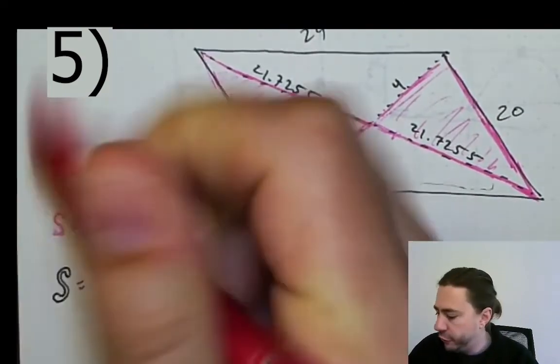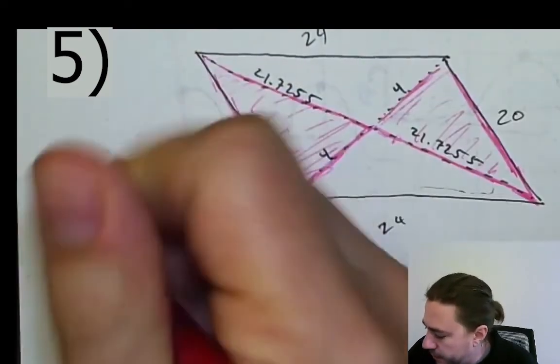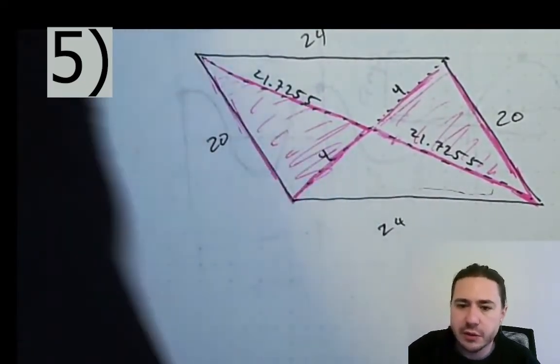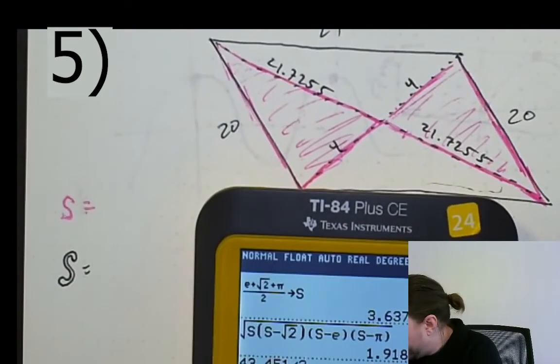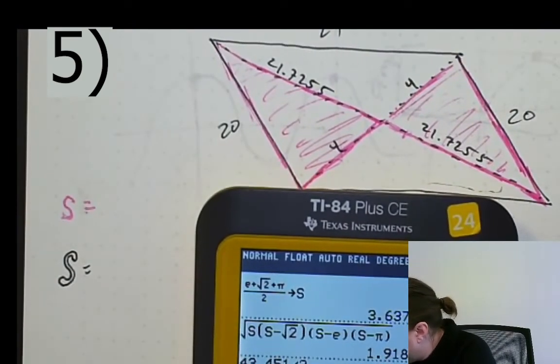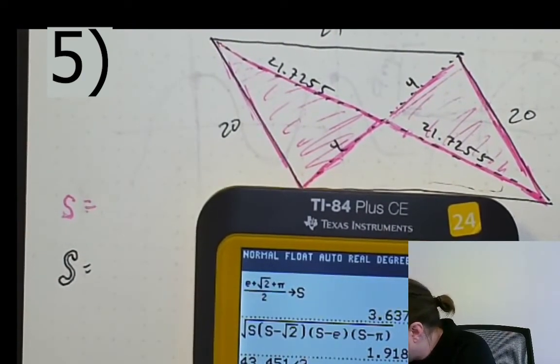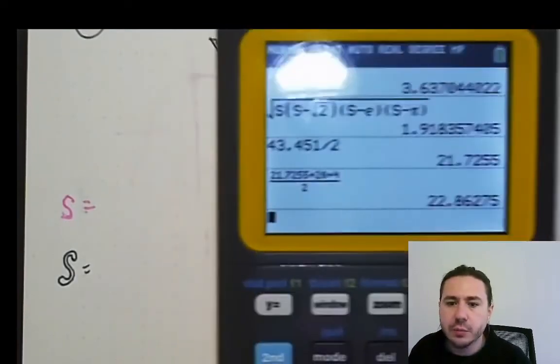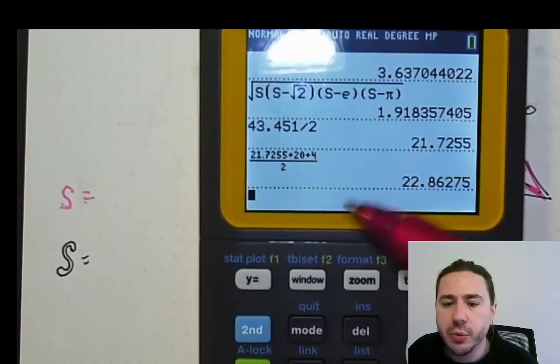Okay, so for the pink triangle, it would be this plus this plus this divided by 2. So let's go ahead and compute that. We got 21.7255 plus 20 plus 4, all divided by 2. Now, just like I was showing you